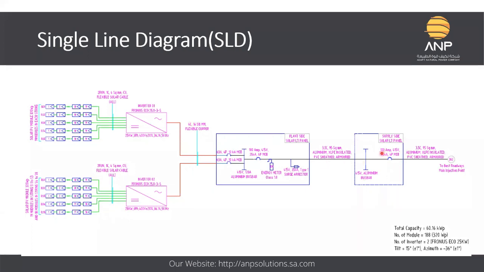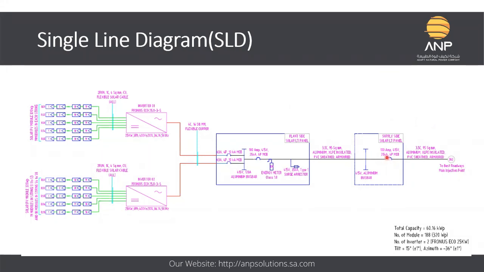And as you can see here, after this LT panel, there is one more breaker provided. What's the purpose of this? For example, if the distance between the LT panel and the injection point is more. In this particular case, the LT panel was on the roof only, so the distance between this LT panel and this breaker at the injection point was more, for example, more than 30 meters, 40 meters. Then you have to provide one breaker at the injection point, so that if you want to do anything in the solar system, you can isolate that system by means of this breaker.